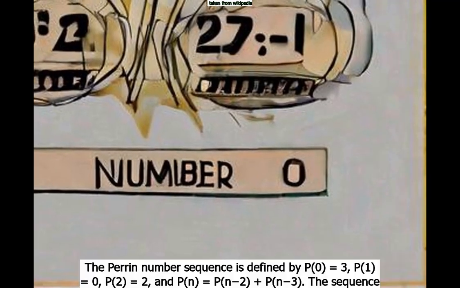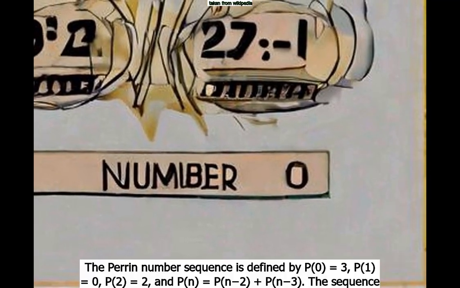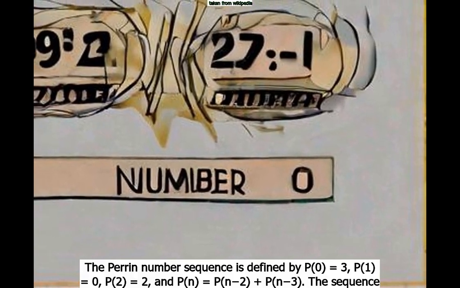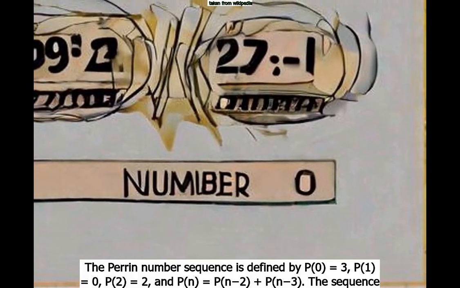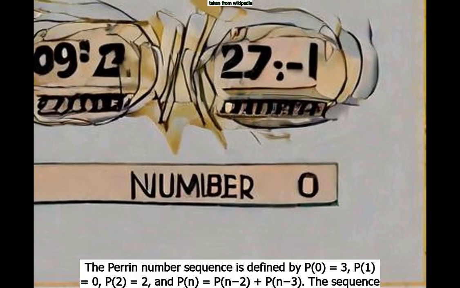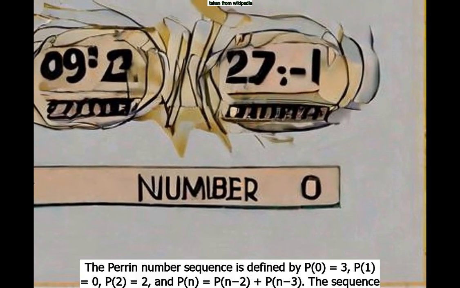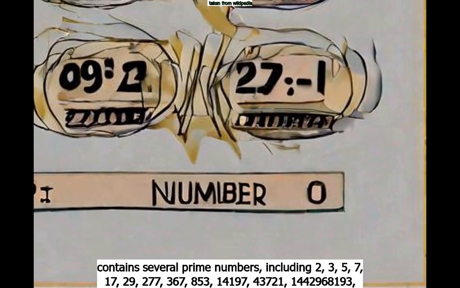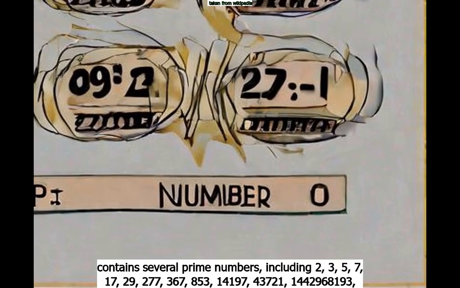The Perrin number sequence is defined by P0 equals 3, P1 equals 0, P2 equals 2, and P of n equals P of n minus 2 plus P of n minus 3. The sequence contains several prime numbers, including 2, 3, 5, 7, 17, 29, 277, 367, 853, 14,197,